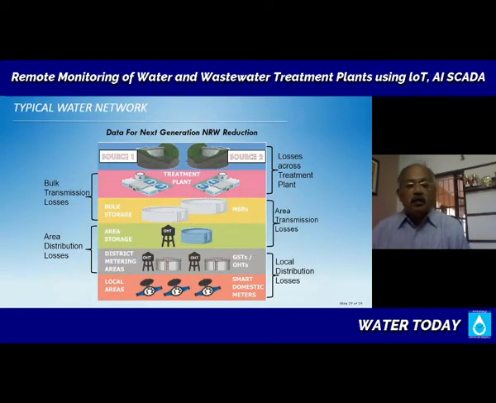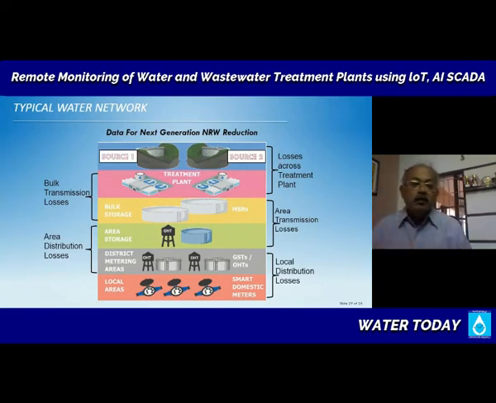Now, if you look at the same thing from bottom upwards, at the lowest level you are deciding how much is my revenue water, how much water has reached my consumer in the last month or 2 months on your billing cycle. Then how much has been distributed into each area, how much has been transmitted in the next level up, then how much water has come from the plant and how much water has come from the source. All of these can be totaled up online automatically, and for the user you will see a picture area wise,